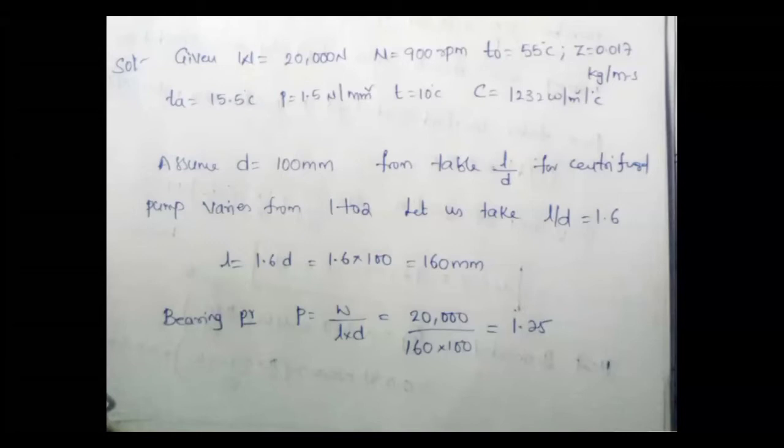If these L and D values are within the bearing pressure limit, then only these dimensions are correct. Otherwise, again, you have to consider the remaining values. I mean, you have to go back to your trial and error method only. This is just a trial and error method, just for assumption. But my assumption is by default correct, because it is within the limit of your bearing pressure value. The actual bearing pressure in your data book is 1 to 2. Here my value is 1.25, so my value is correct. If it is exceeding more than 2, then only you have to think about this 100 value.